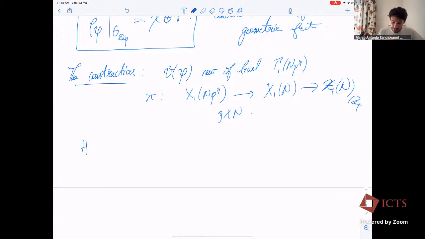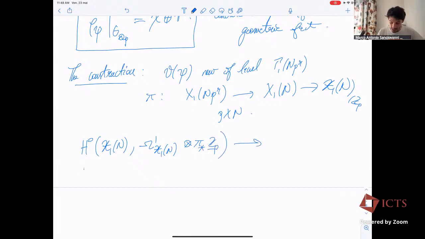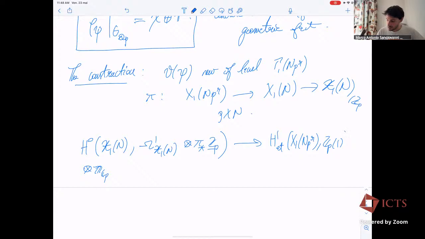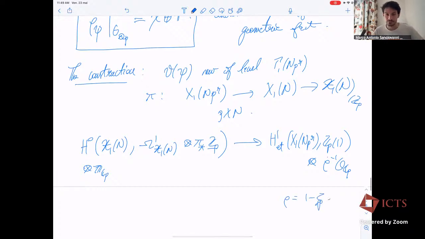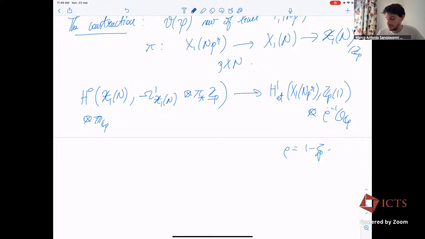So we have this map H^0 of X_1(N) from the Faltings lattice, which I called last time, tensor pi_* of Z_p, tensored with O_{C_p}, the ring of integers of C_p, going to the H^1 étale of X_1(N p^r), Z_p(1), tensored with rho^{-1} O_{C_p}, where I recall that rho was 1 minus zeta_p